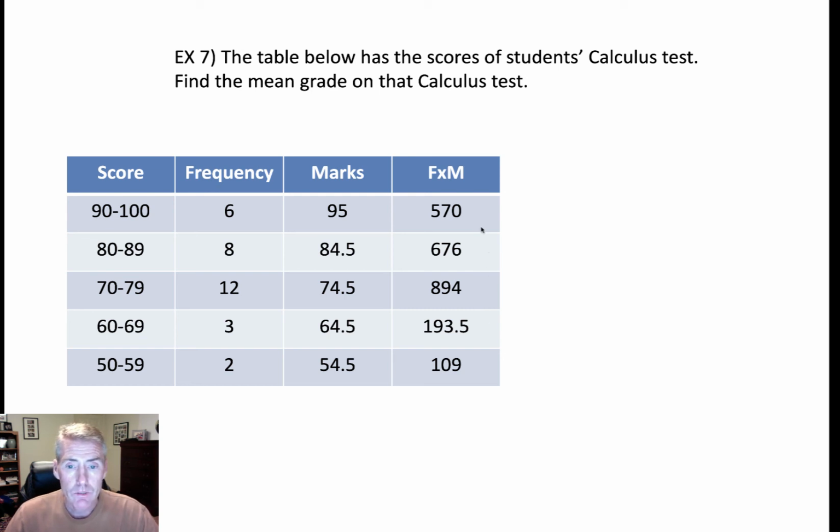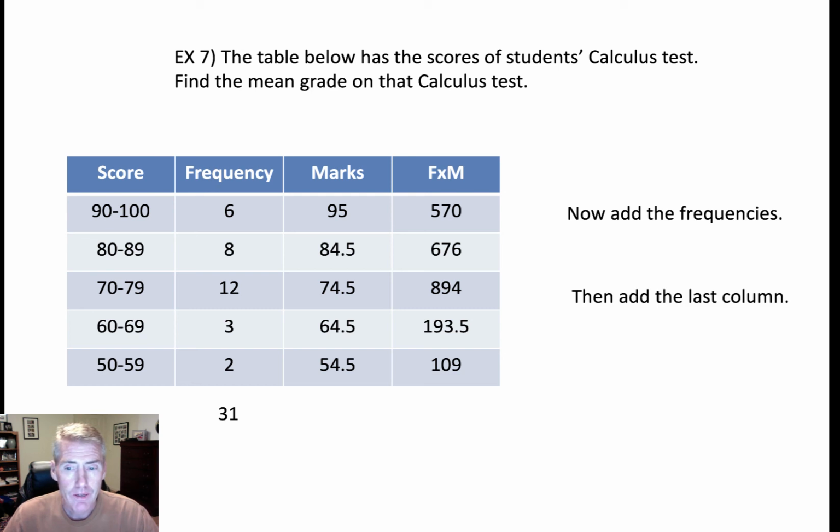Now what we need to do is add up all these points and add up all the people, which are the frequencies. Sorry, I'm talking too fast. So add the frequencies, add the last column, which is the total points, and then you just divide those two, and the mean is